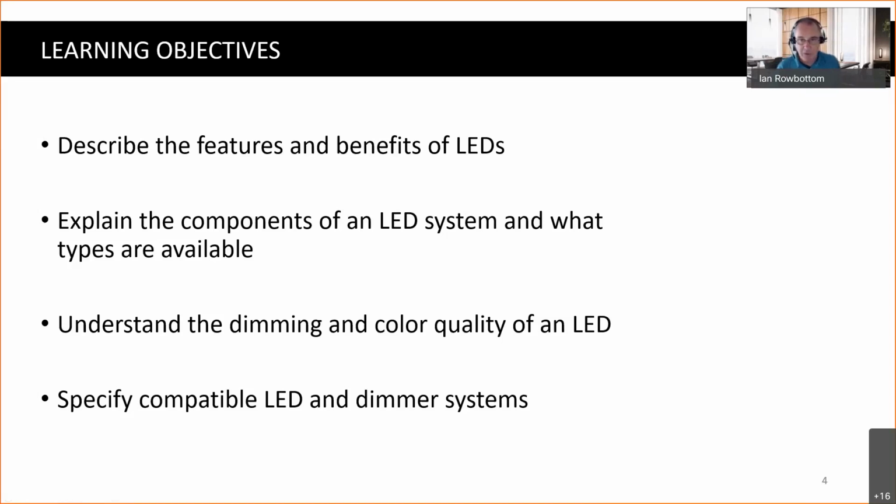And I really want you guys to have an understanding of where you use them. Want to talk about dimming and color quality of LED because they are not all the same, and you can do some things for your design to make it better or actually make it worse. And we're going to cover those. And then I'm going to talk about how you specify a compatible LED and dimmer system to make a beautiful